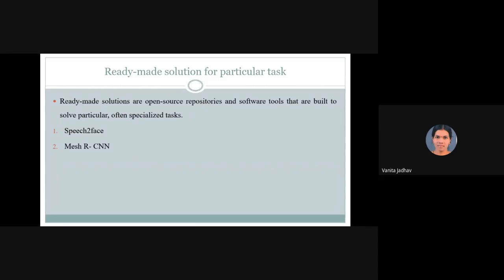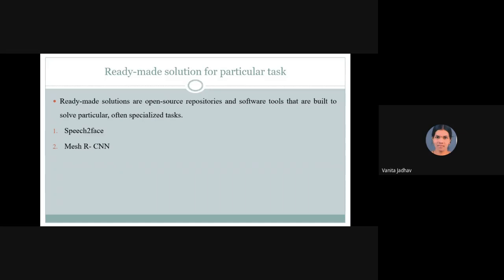In speech to face, we generate the person's face from the audio of that person. After recording the voice of that person, we can create the face of that person without any emotions. So this is the ready-made solution for image processing.